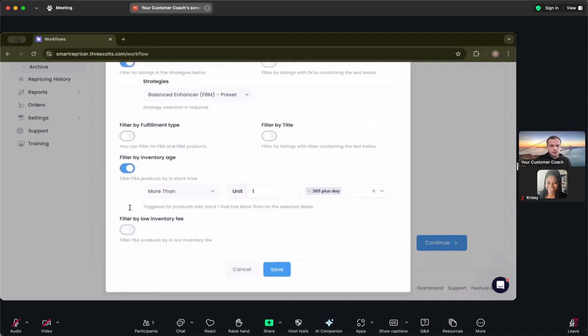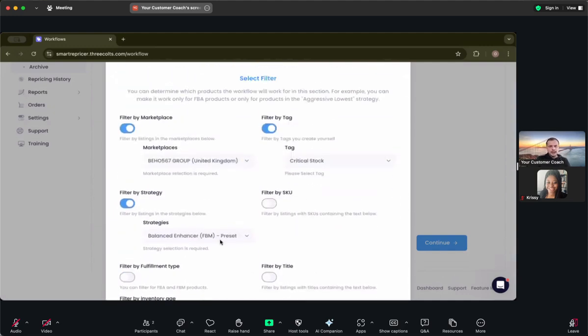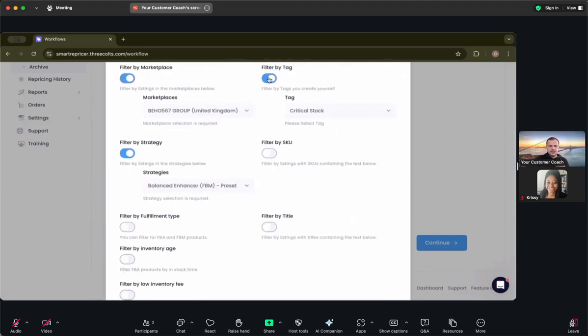And I would like to work with this time inventory edge. Okay, I choose this one. And now, let me toggle on, because now I have a new upcoming listing. I don't want to combine with that. I have any upcoming new listing, and I'm just going to tag these ones critical stock, because I know that,